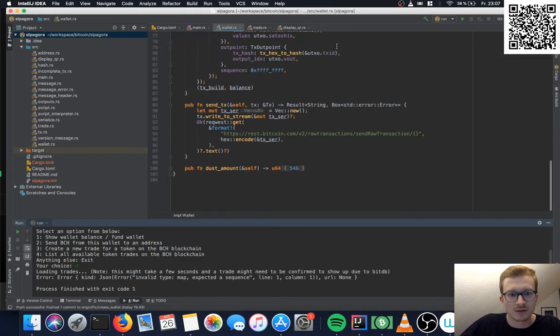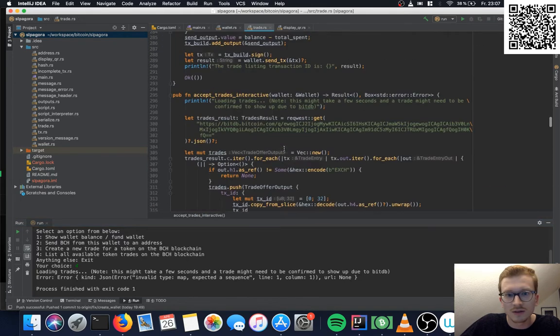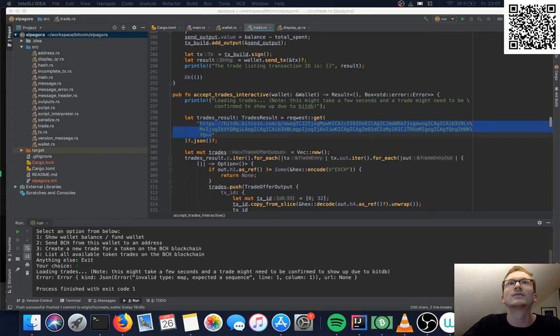Yeah, let's just have a look at the current trades in the Explorer. Where is it? I think I have it here. Alright, let's just do the requests live here. Okay. So here I have them.